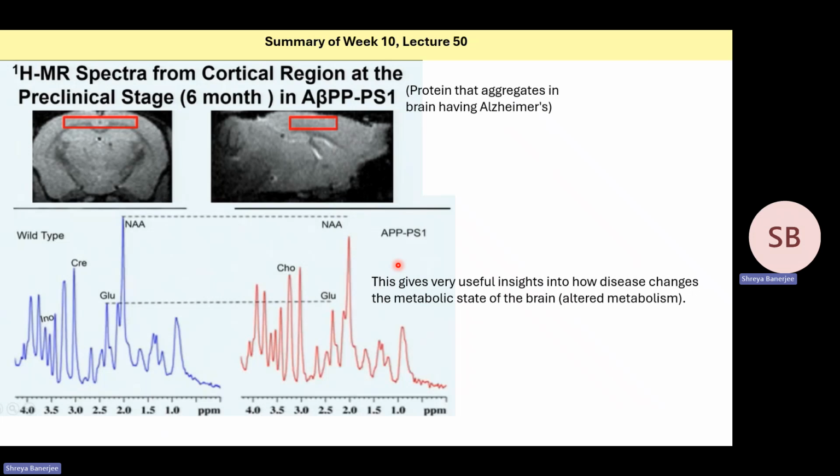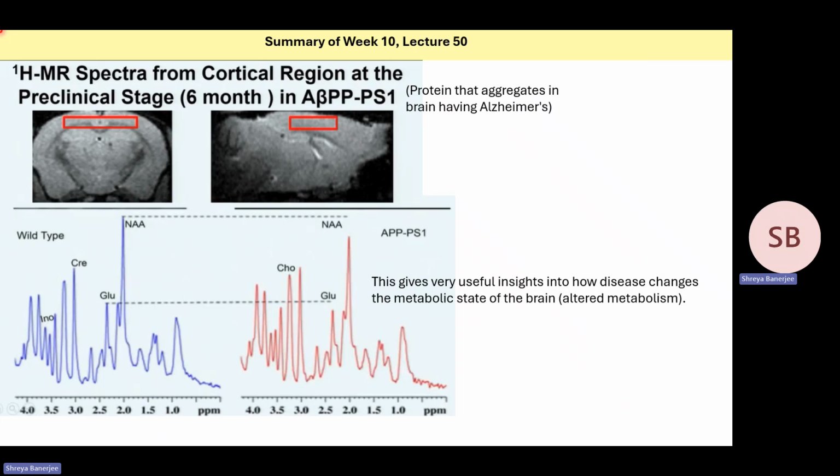So that will help in mapping the progress of a disease. So that basically covers all the lectures of week 10. So we have looked into the different stages of drug discovery, what are the various procedures used, and we have looked at in vitro and in vivo NMR, how they help us look into the different metabolic products after a drug is taken, and that will help in designing a drug where you can ensure that the bioavailability of the